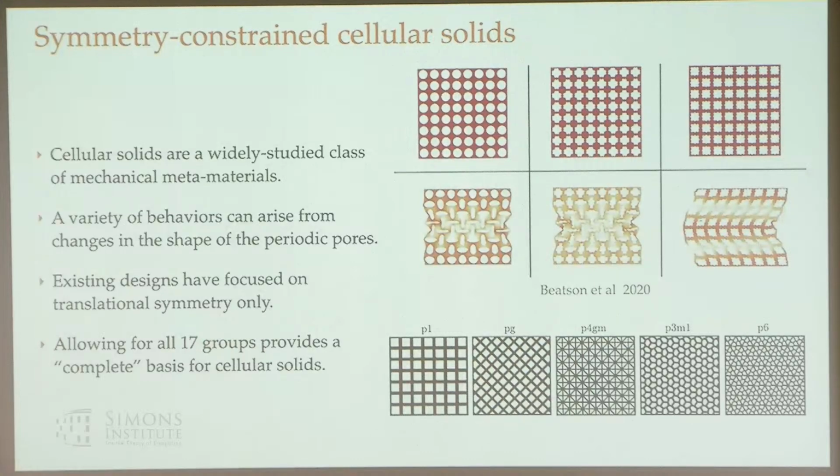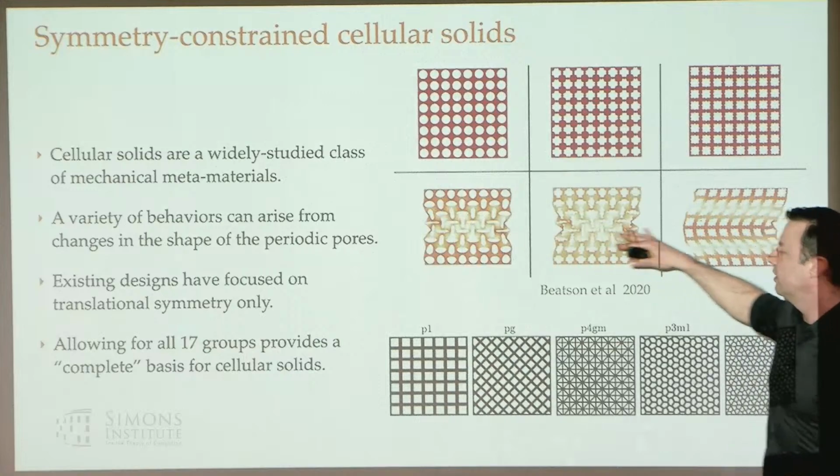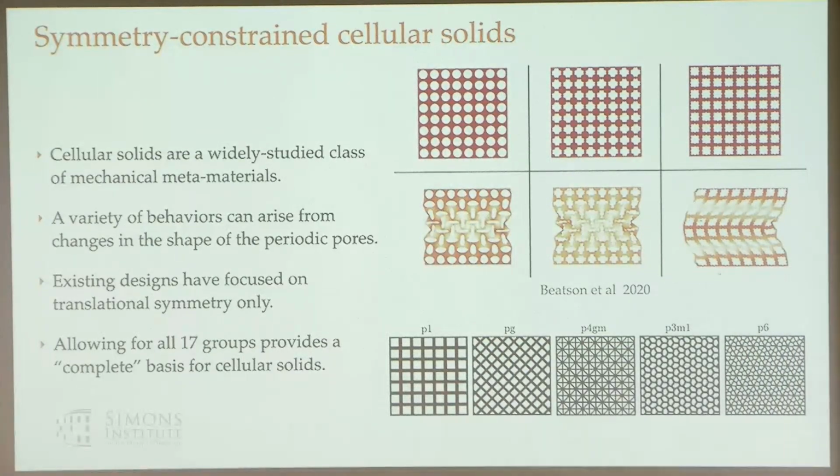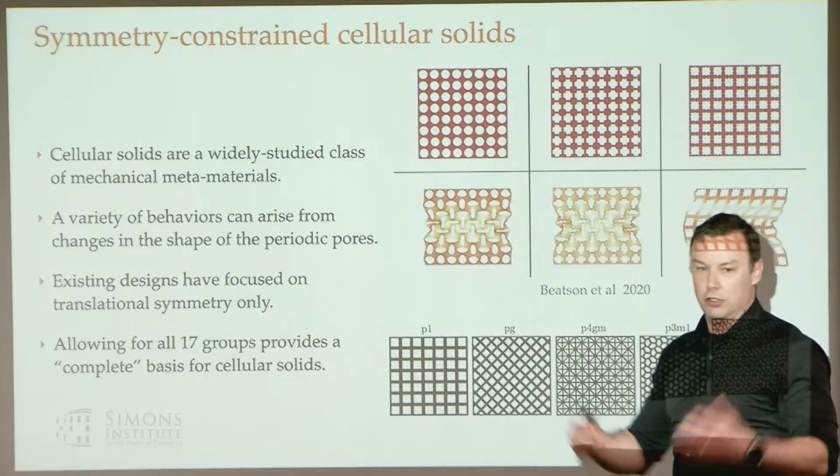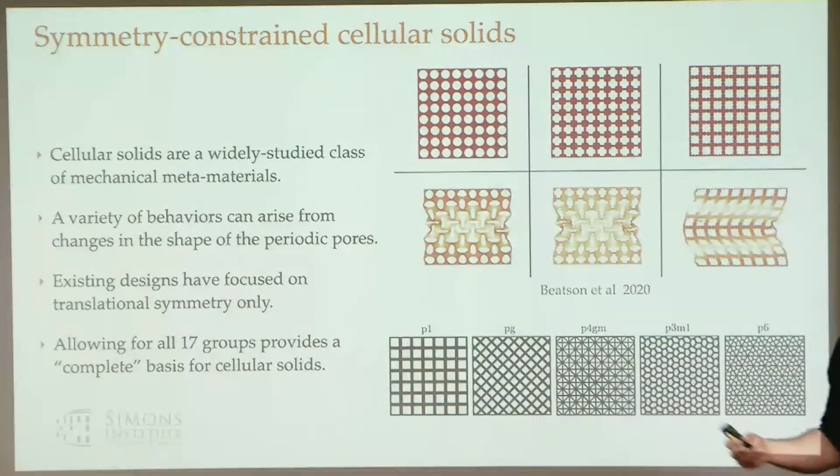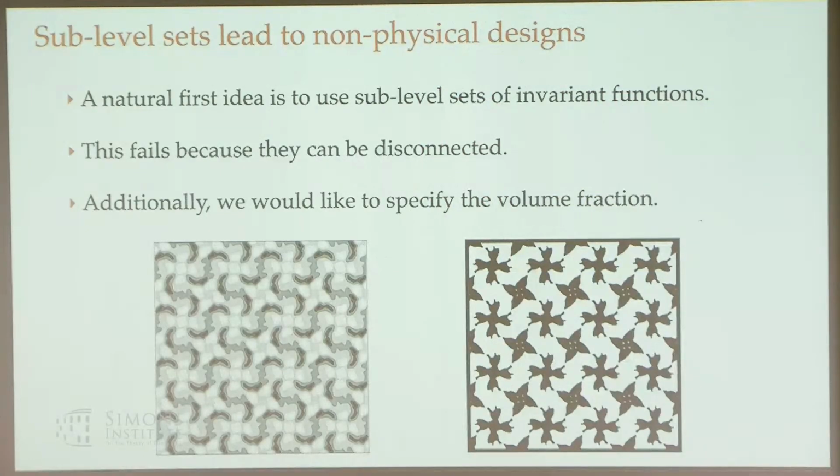But so the game here is cellular solids, as they have been studied, all just have P1 symmetry. Right, so they're just a grid of cells, and you think about the shape of the cells in order to do the interesting thing. You might say, well, let's come up with a much richer set of possible cellular structures by considering all the possible groups. Rather than just P1, let's have all of them, and parameterize that set and see what we might get. Can we get more interesting things? Somehow this is intended to be the complete set of possible things.